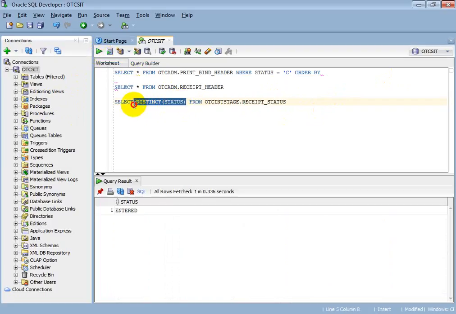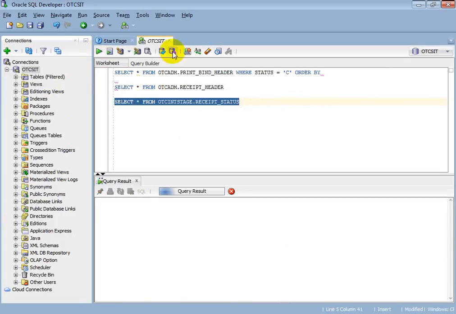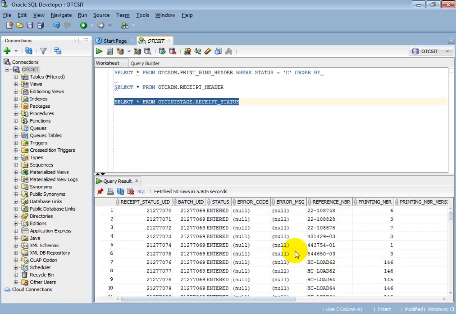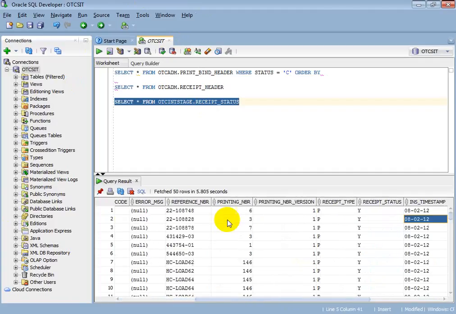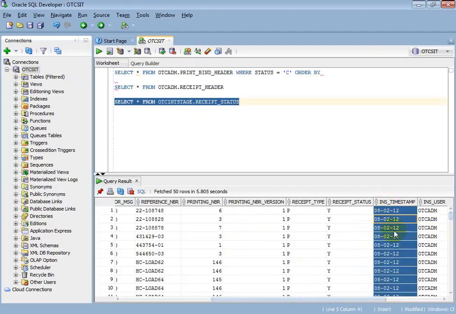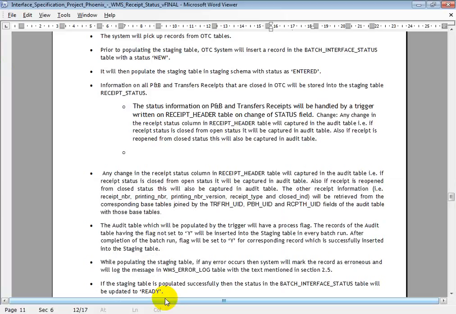I have no idea on this, but it is still entered. You need not worry much about this. What's the INS timestamp? These are 2012 records. Okay. You understand that functionality, right?